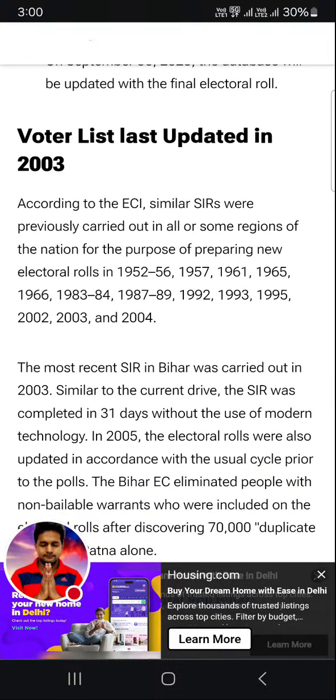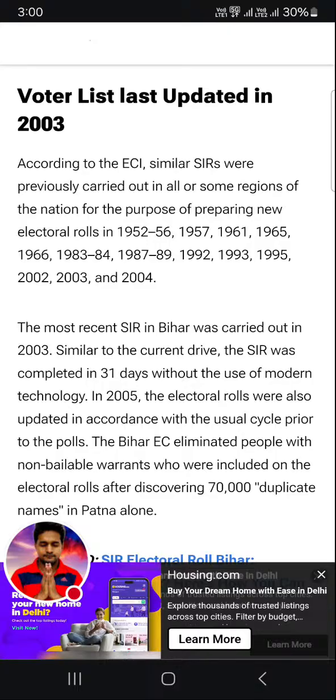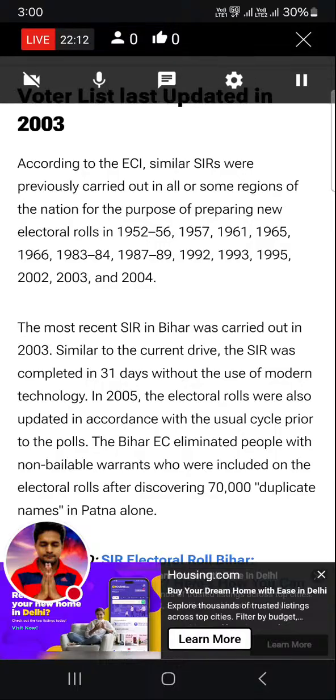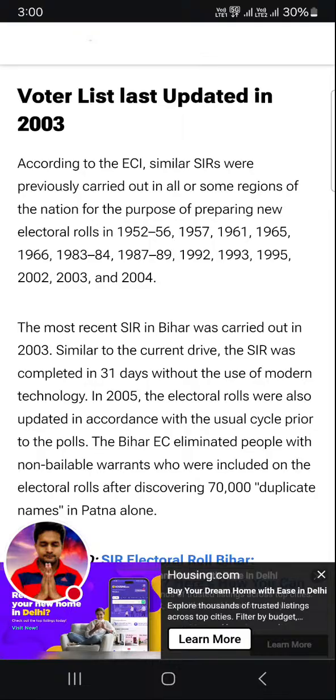According to the ECI, similar SIRs were previously carried out in all or some regions of the nation for the purpose of preparing new electoral rolls in 1952 to 1956, 1957, 1961, 1965, 1966, 1983, 1983 to 1984, 1987 to 89, 1992, 1993, 1995, 2002, 2003, and 2004.